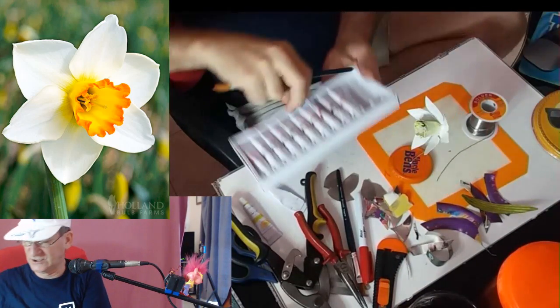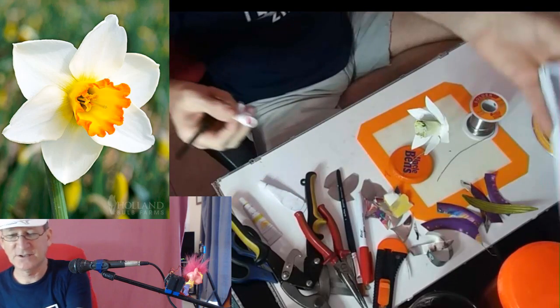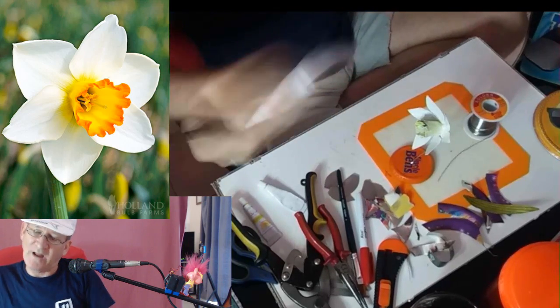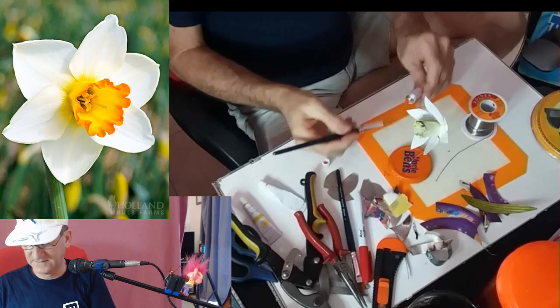Go for some orange. Orange or red. I found out the other day you can shape these things. If you don't shape them,